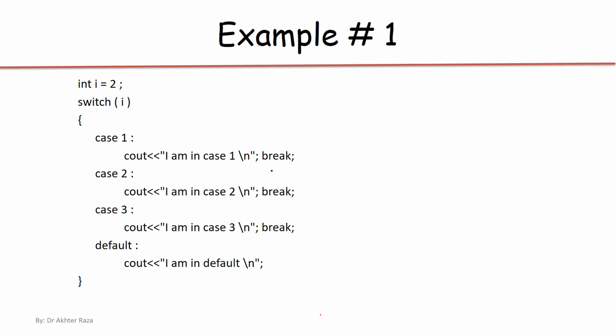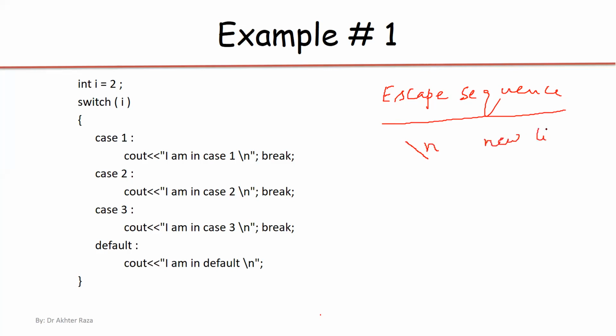Now, in this statement, escape sequences are used. Escape sequences are written with a backslash sign, and each is based on one character. One escape sequence is backslash n, which represents a new line; the line will be changed. Backslash t is the tab character. A tab character means 5 spaces; when you press a tab, 5 spaces will be there.